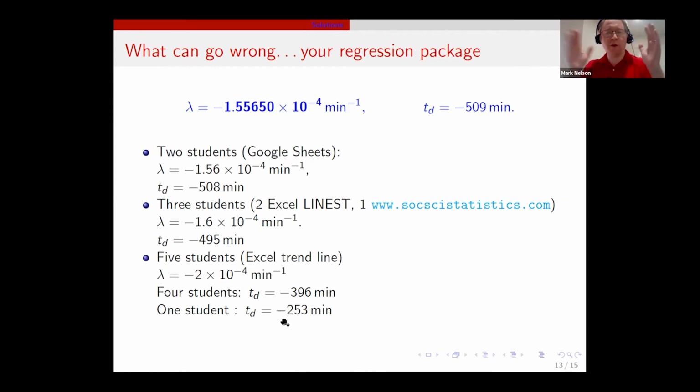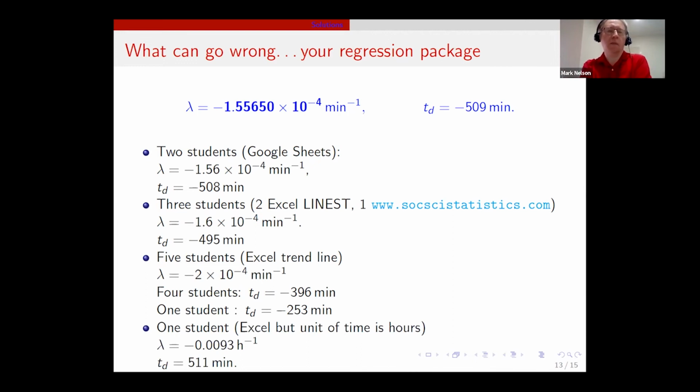One student still went wrong somewhere, and they should have got 396, but they didn't. That's 10 students. So there's still a few students whose errors I've not accounted for yet, but I'm a bit concerned that these regression packages and students can't control the number of significant figures, and maybe they don't know how to control the number of significant figures.